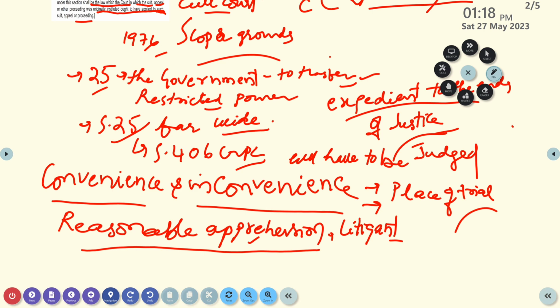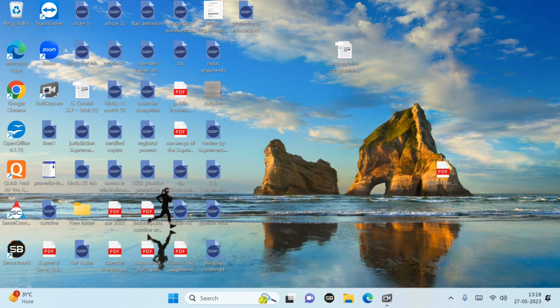So these are some of the grounds. Of course, there are other grounds also. These are only illustrative but not exhaustive. So all this is about the transfer power of the Supreme Court under section 25 CPC. We will discuss the power of the Supreme Court regarding